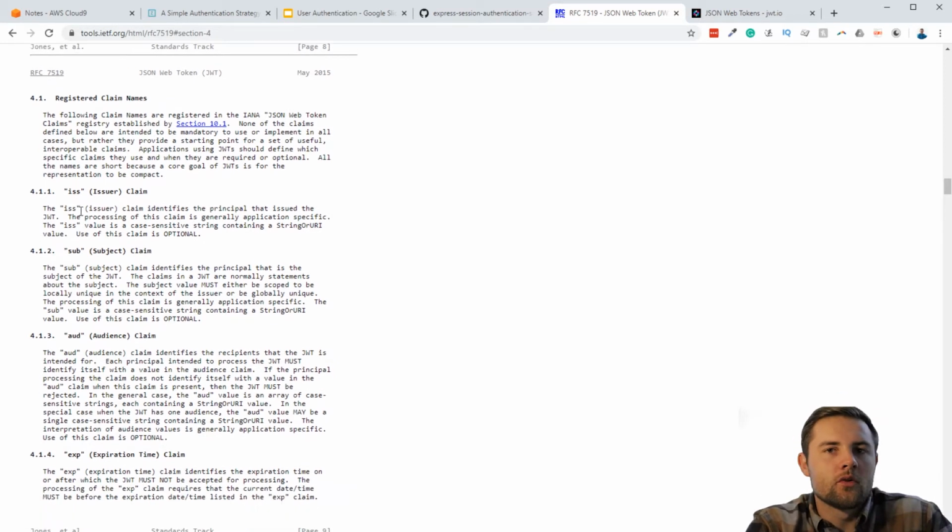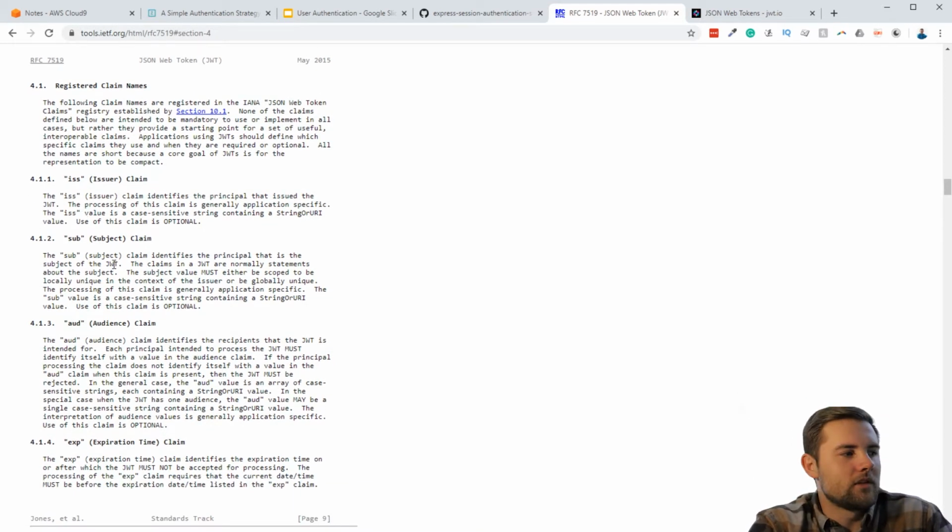So let's just go through the most common ones, and then there's a few others at the bottom you can look through on your own. So first is the issuer claim. This is going to identify the issuer of the JWT. Now in our case, we probably don't need this because we are both issuing and verifying a JWT within the